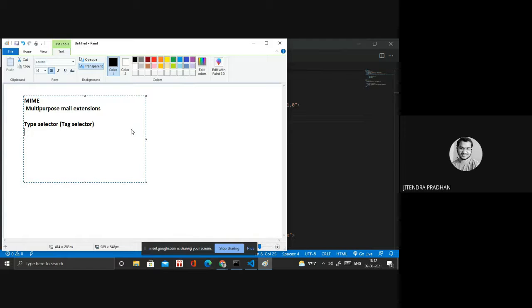Example of the type selector: if I write h1, p, div and span, these are type selectors.